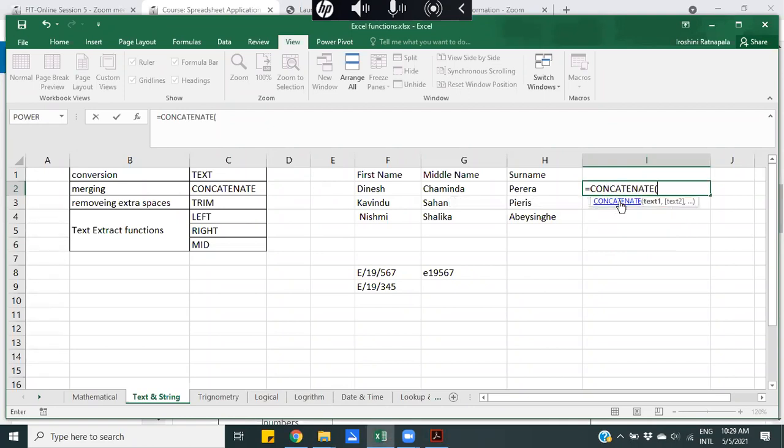When you double click, it comes to the selected cell, and it says this is how you can use the concatenate function, right? It asks to select the text that you want to combine. So I want to combine this one, comma, this one, comma, this one, right?